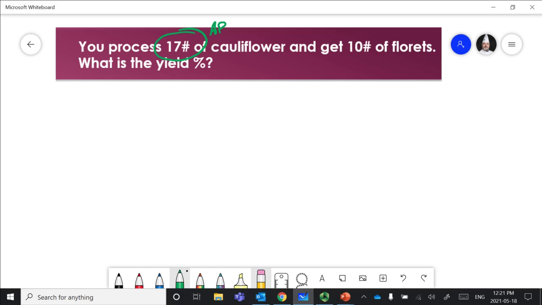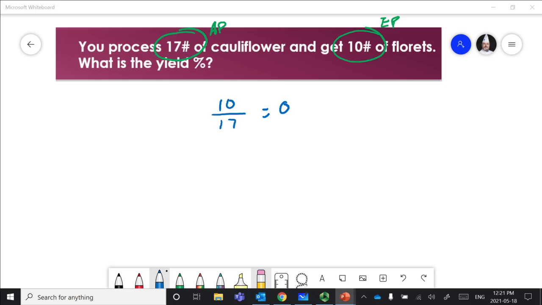So I like to label them. And then we get 10 pounds of florets. Well, florets are a processed product, so that's EP, right? So in order to calculate, we've got 10 out of 17, which is going to give us a yield of, let me click ahead in my notes here, do my percentage, and it's going to be 0.5,